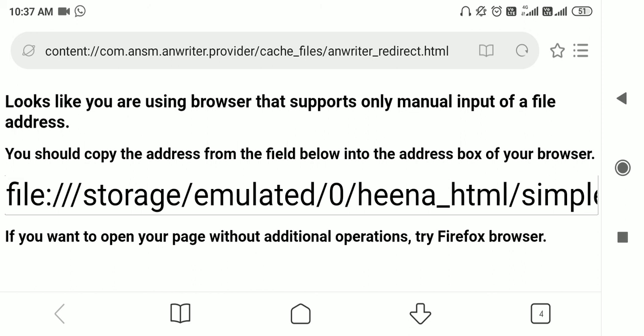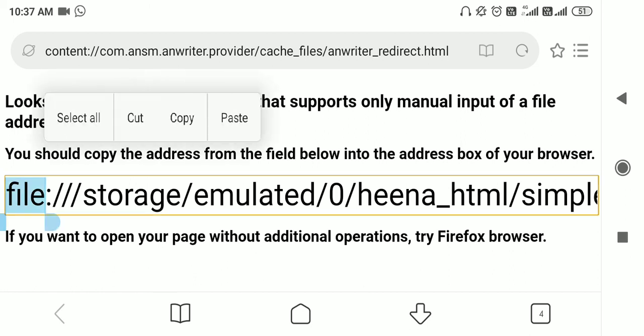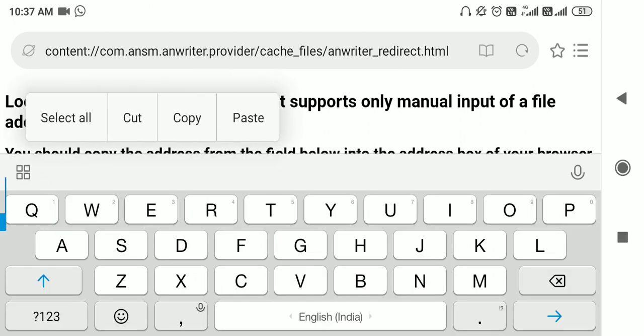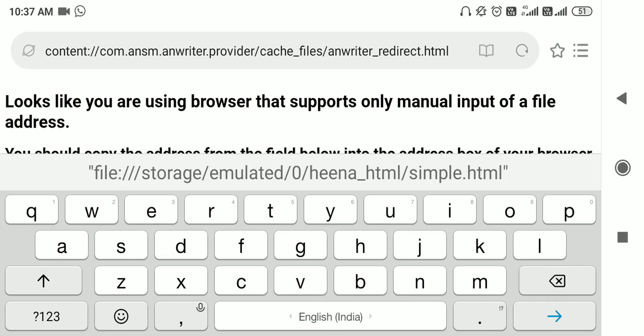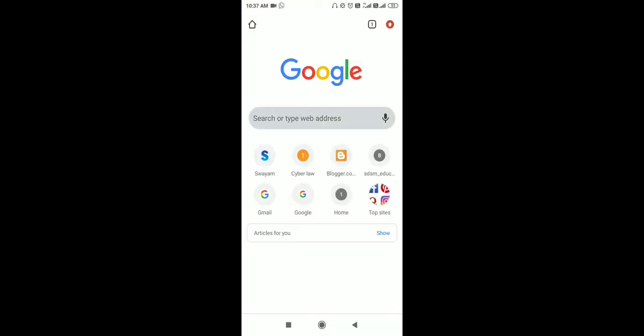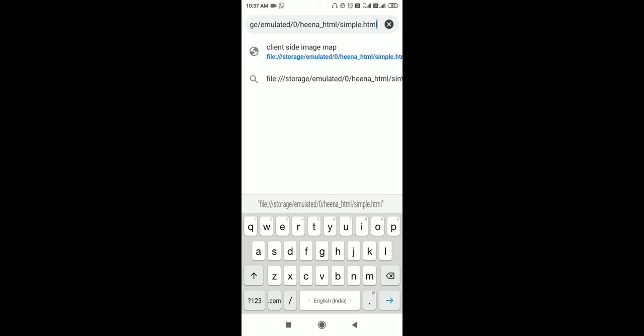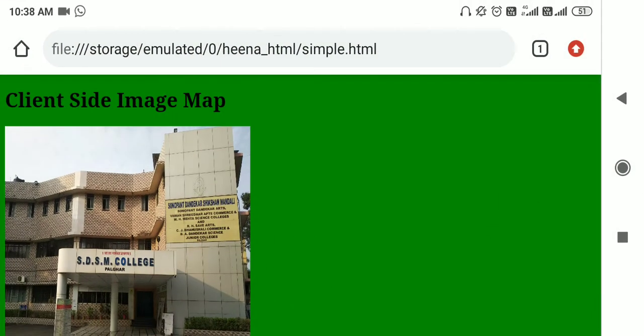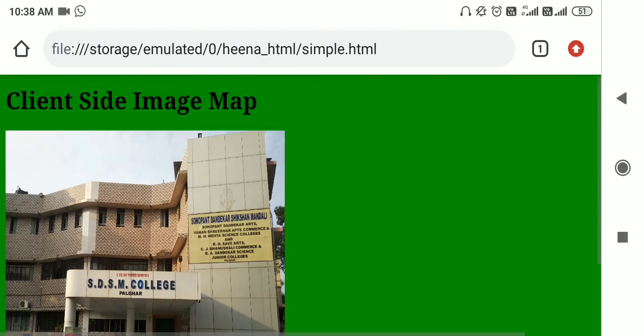We select this path, copy it, and paste it on the web browser. We'll open the web browser and paste it. Here our web page gets loaded. Here you can see the client side image map. The image is successfully inserted on our web page.